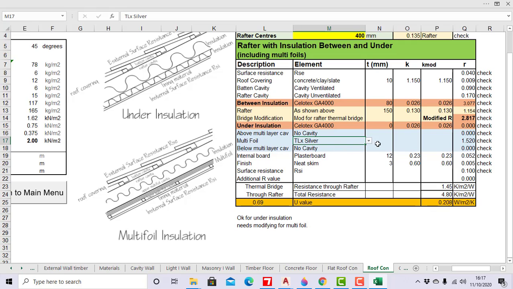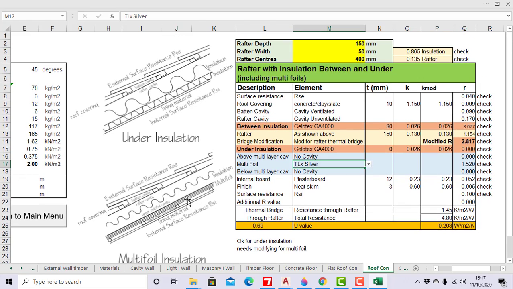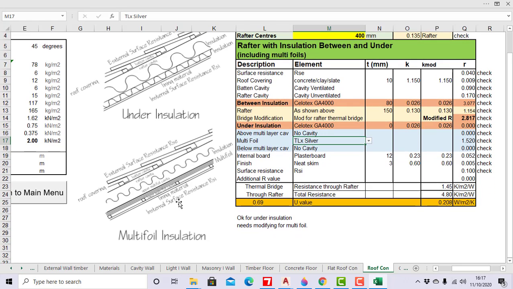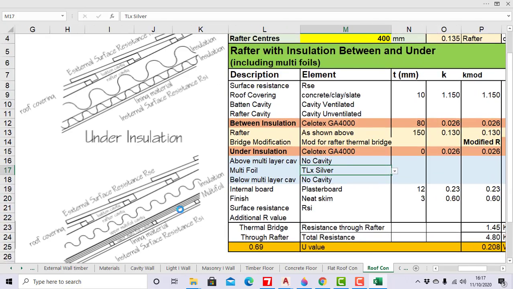Now, when I did a little bit of research on it, they were claiming all sorts of total R values of anything up to just short of 3. But when it came down to it, the core value, the 3 was including these cavities either side. So what they're claiming is, if I can roll into this,